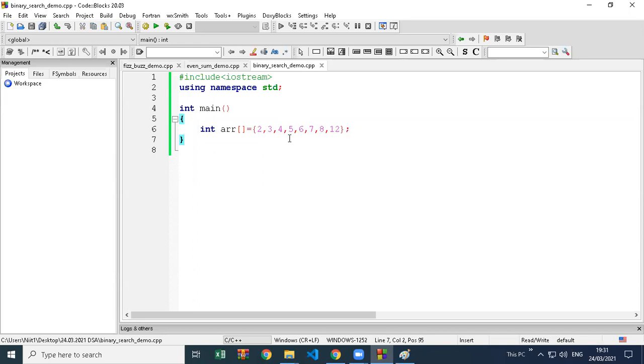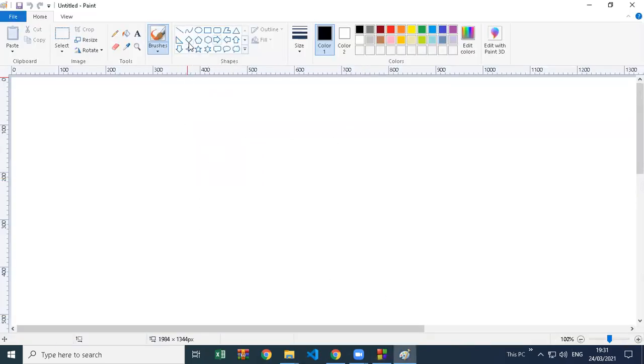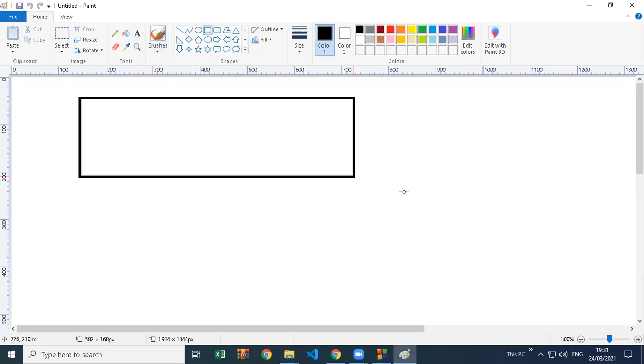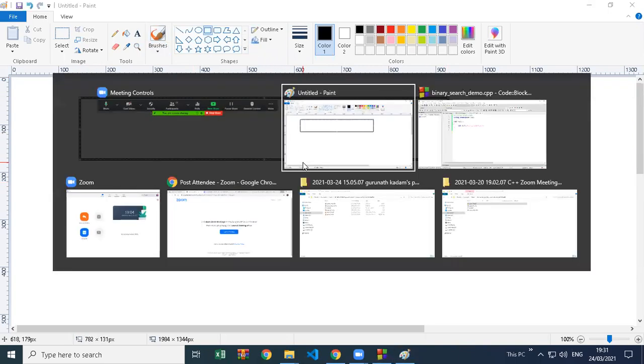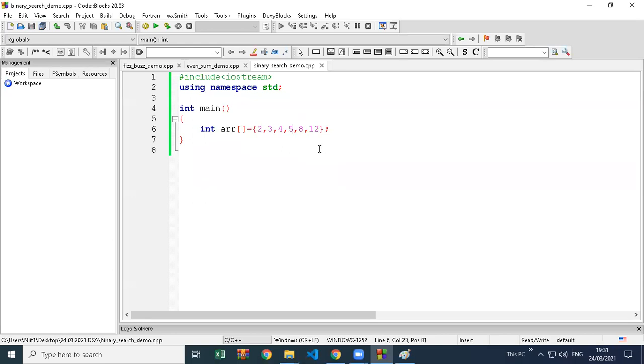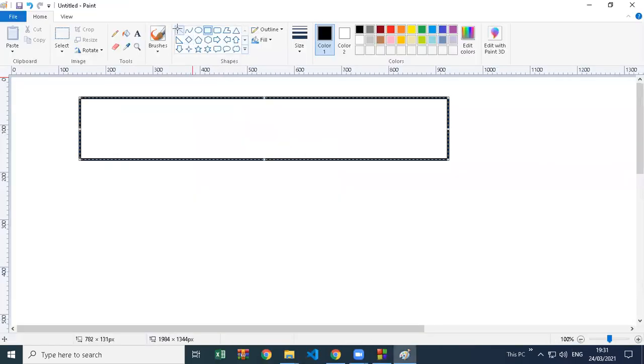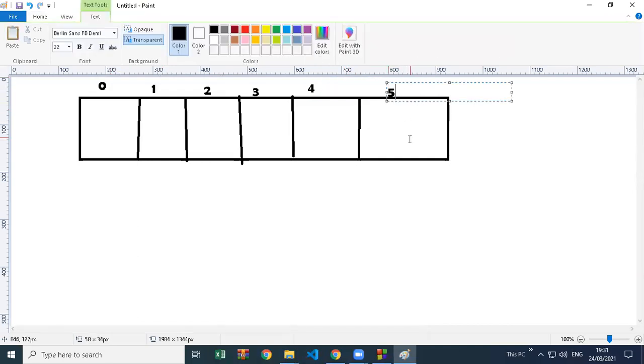So now first of all let me decrease some numbers, because I also have to draw this in the picture here in paint. So this is your array now. How many values are there in the array? 1 2 3 4 5 6. 6 values are there in the array. So let's first create the array diagram: 1 2 3 4 5, and the one remaining is 6. Indexes 0 1 2 3 4 5.